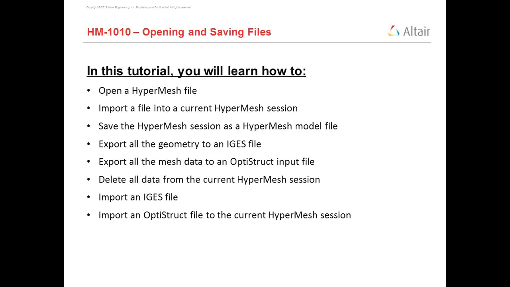So these are the things which we are going to see in this first tutorial. So let's start with this first tutorial.